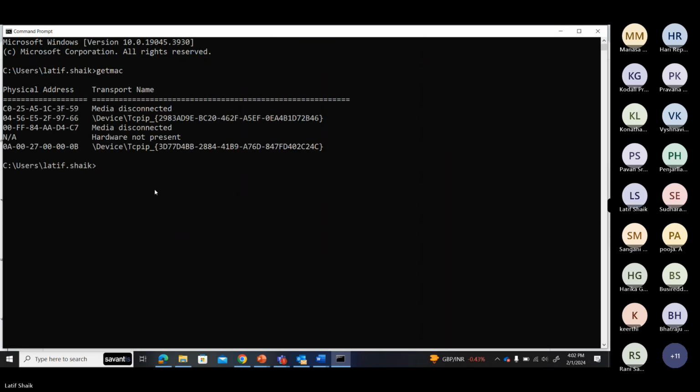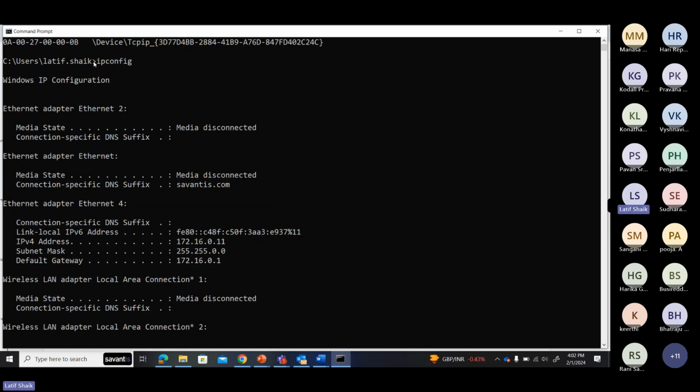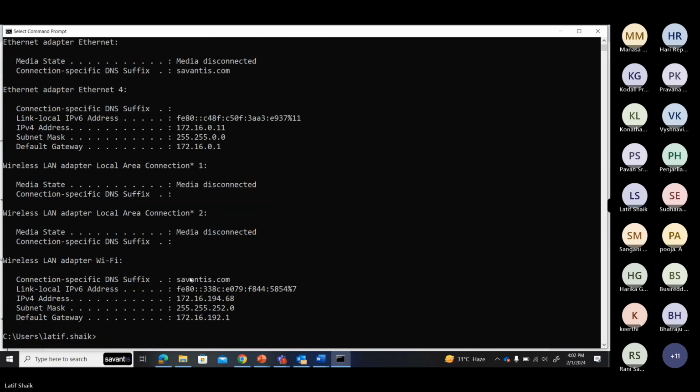Getmac gives only the MAC address. If you want to check only the IP address, subnet mask, and default gateway, the command is ipconfig. It shows the IP address, subnet mask, and default gateway. If I put ipconfig